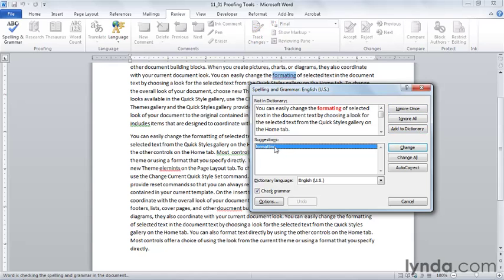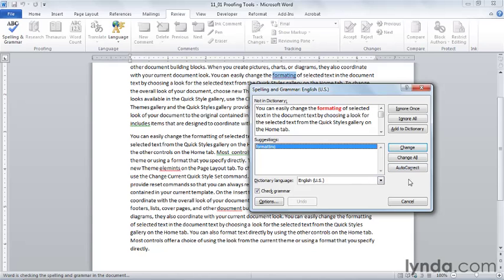Or I could say I want to change this word. I can change it to the word that is highlighted here. If there are multiple occurrences potentially in this document, maybe this is a mistake I make a lot, I could choose Change All. Or if this is a typo that I create many times and a word I use relatively frequently, I could choose Autocorrect. Then the next time I type formatting, Word will automatically correct it to formatting.